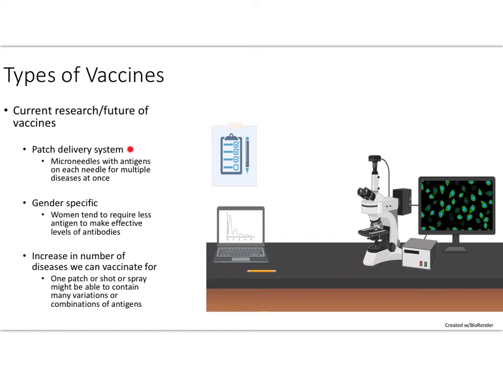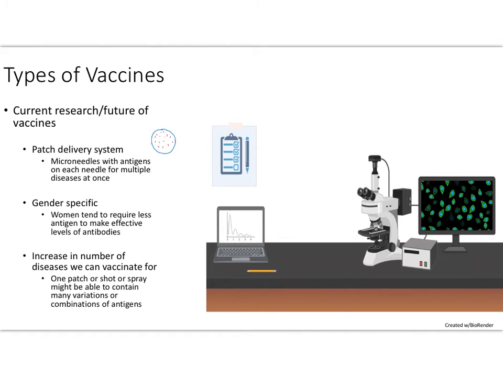So one thing that we may see in the future is a patch delivery vaccine system. Instead of using something like needles or sprays that go up the nose, or sometimes, at least in the old days, they would put the polio vaccine on sugar cubes. They might still do that in certain areas, but not in the US really. But we may be able to develop patches that look kind of like those little circle band-aids that you can put on a very tiny cut if you have one on your body. But basically these patches have micro needles on them. So if we have a little patch that looks like this, and then it has a bunch of little needles on it, the number would be